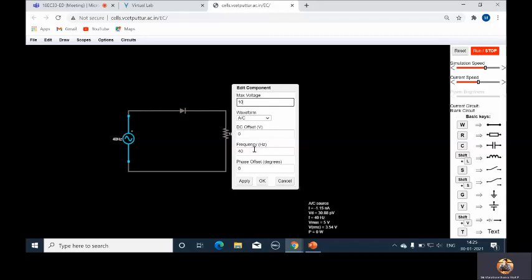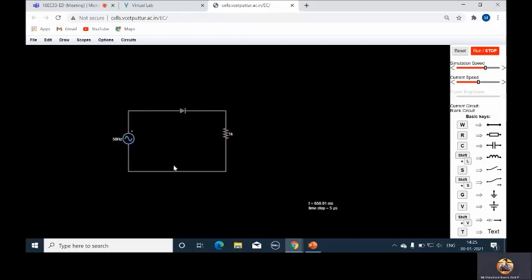So we use 50 hertz power supply. For our AC, the frequency value is 50 hertz, right? Let me take the same value here, 50. So this is the frequency of the AC voltage. Apply and OK. So now this supply parameter is registered.